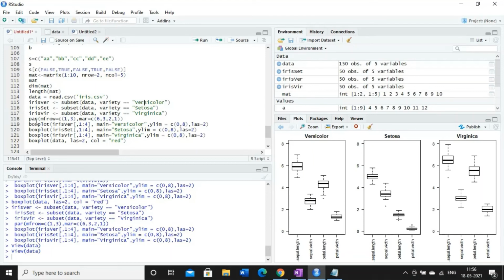After that, here it is written par mfrow. Now you have to understand the meaning of this line. C(1, 3) you can understand. The c function is a combination function, and 1, 3 are the components of the vector I have discussed right now. Now we have to understand the meaning of mfrow and par.